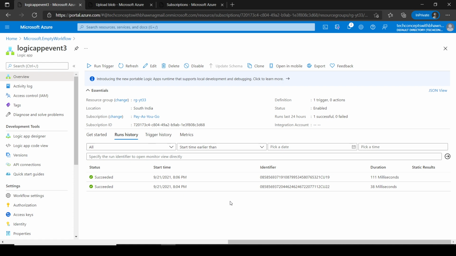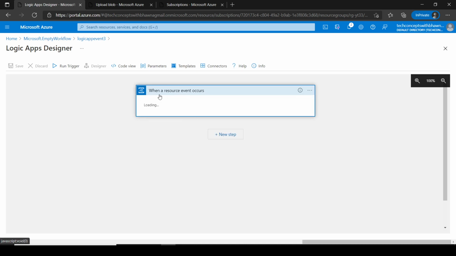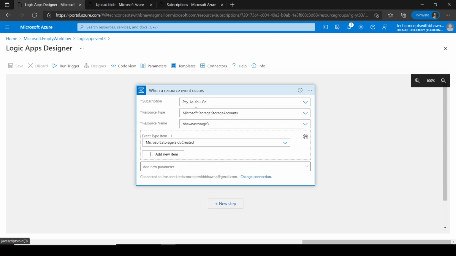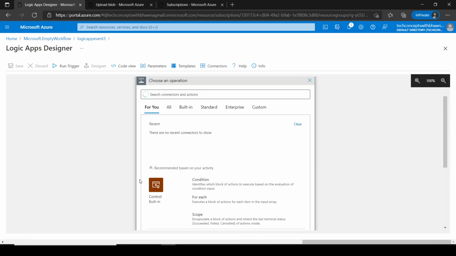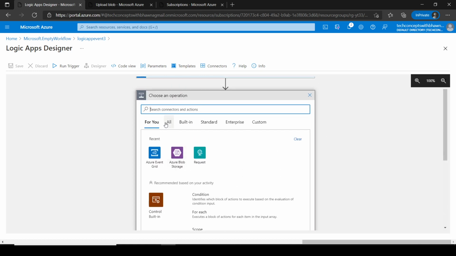Let's say an image comes into a blob storage, and the moment it comes, you want to resize it, right? Without doing anything, you just want to resize it. Those kinds of operations can be done. And even when you talk about logic apps, this is just a demo, so I just had this connector, when a resource event occurs. You can add any number of steps over here, whatever you want. Like if you want to send an email, or do anything, you can simply select it, connect it over here, give the properties, and your workflow would be ready, right?